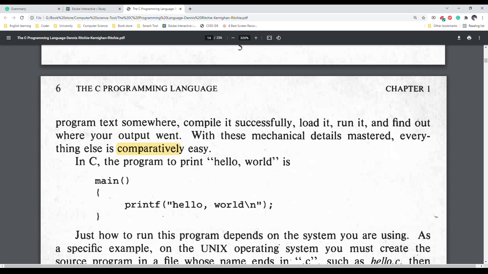In C, the program to print "hello, world" is: main(), braces, printf("hello, world\n");